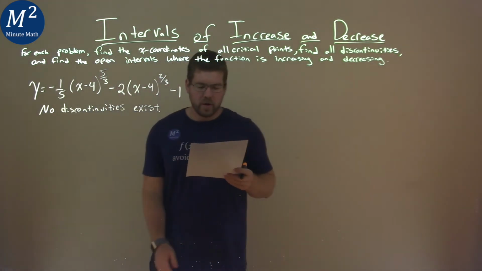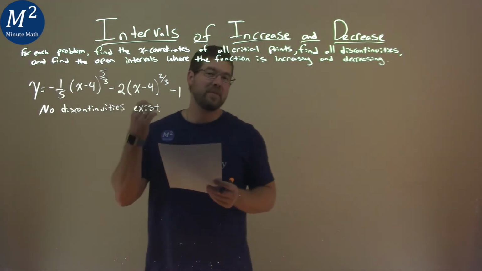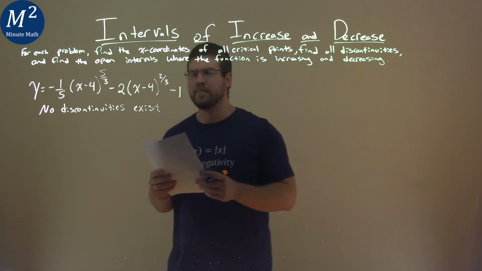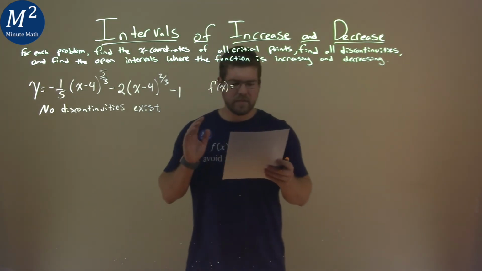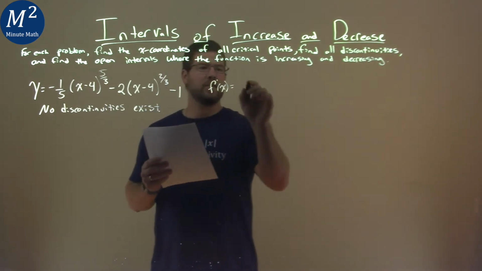Alright, so let's go find our critical points. To do that, we have to find the derivative, and this one's a tricky one. So we're going to find f prime of x here. Well, f prime of x, again, we're using our power rule. 5/3 comes down, so we have negative 1/5